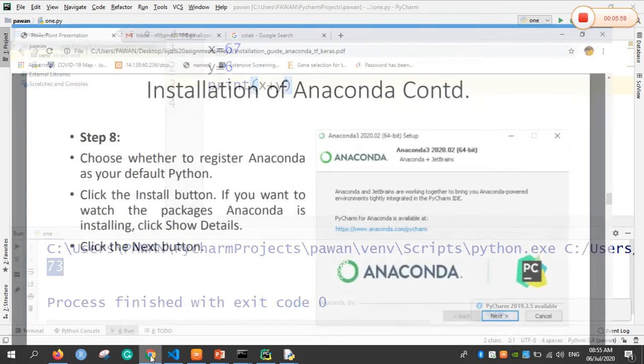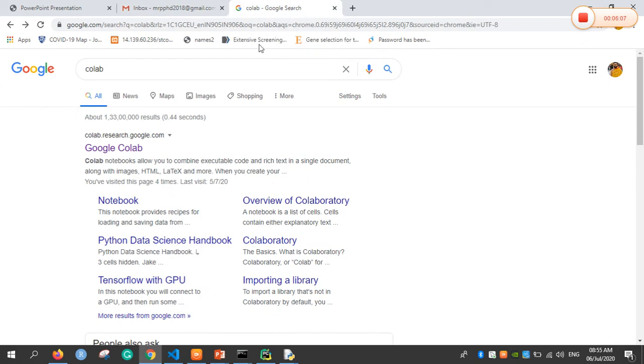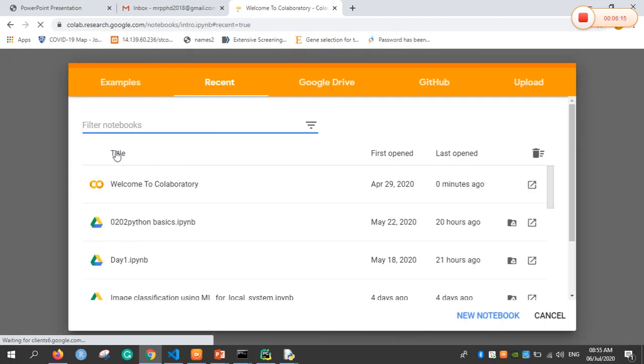Now the last way is Google Colaboratory. Whenever your mail is opened, Colaboratory is going to correlate with your mail. So go to Google and type Colab here, then open Google Colab. It will take some time for allocating the memory, that is CPU memory, to your Colaboratory. Then you can select the options, that is we can see the examples here, or you can create a new notebook.